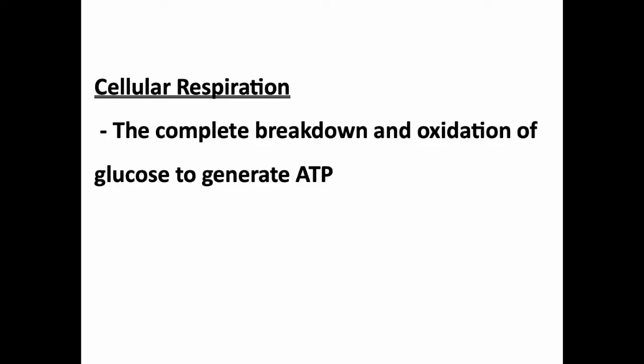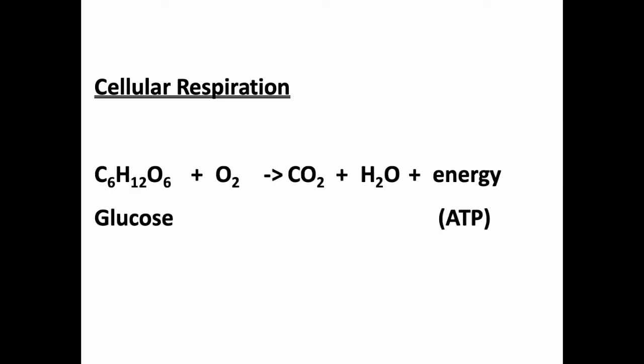If we want to break down a sort of overview of this process, here's the equation. No, I have not balanced this equation. If you've taken chemistry, this is probably weird to you, but I don't care about balancing how many carbons on this side or whatever. This is mostly just to see the starting materials and the ending materials. So cellular respiration, starting materials over here, we start with C6H12O6. I don't like to make you memorize a bunch of chemical formulas, but you should know this one because it's really important. Glucose is C6H12O6.